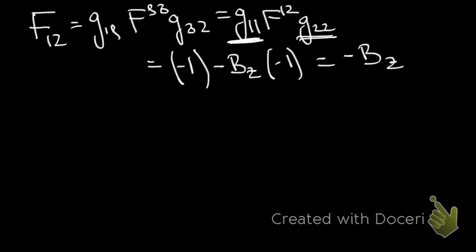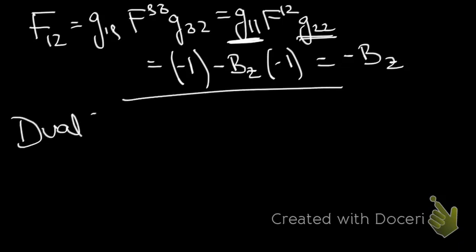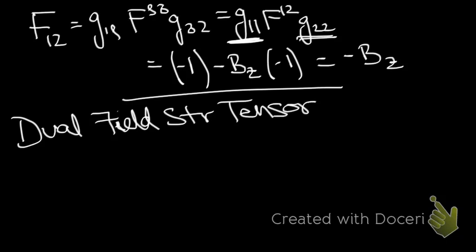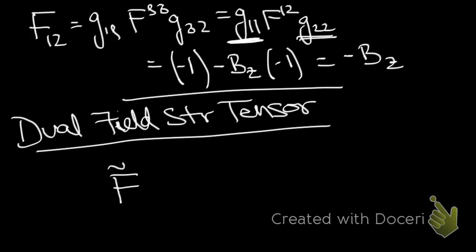Right. Now we are done with the electromagnetic field strength tensor. The next step is to use another useful quantity that is called the dual field strength tensor. This tensor is defined as F tilde alpha beta being equal to 1/2